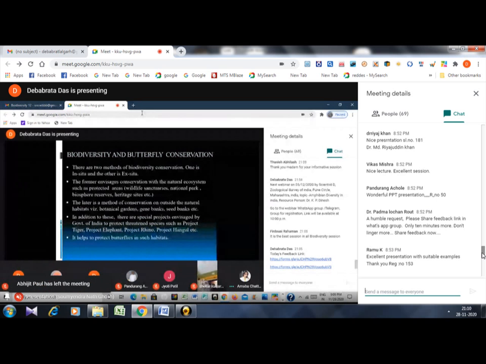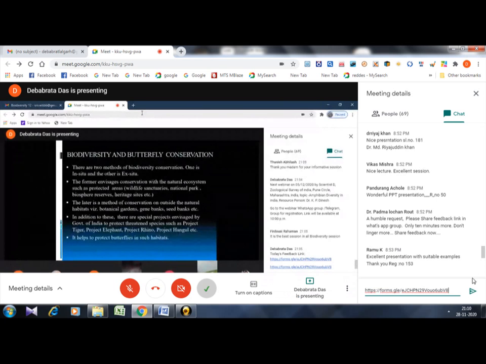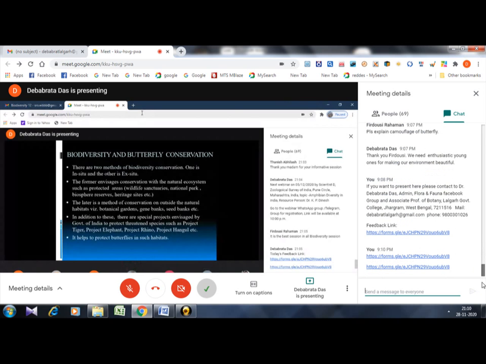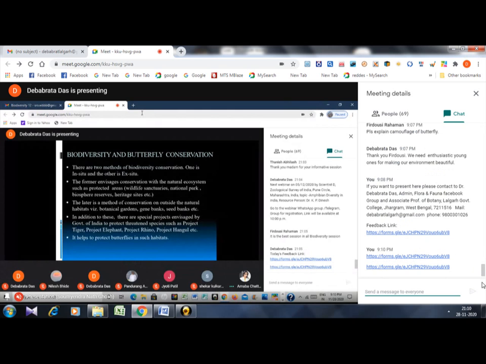As Ghosh sir has said before my presentation, there are so many of these rules. It is illegal to kill any organism in the environment. You have to let that organism live. As you are living in this world, you have to let the organism live. So there are these rules, there are policies, there are conservation centers. But the main thing in conservation is awareness of the people. I will get to that topic later, and we shall continue our slides.